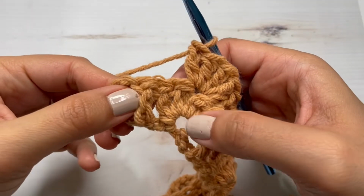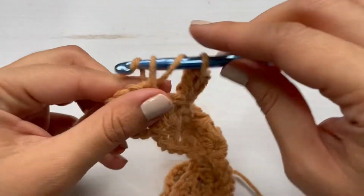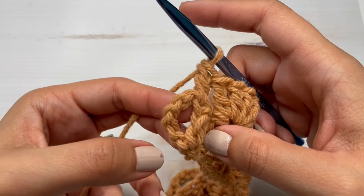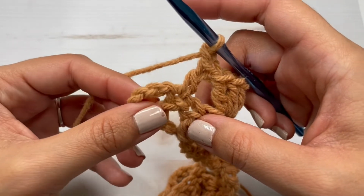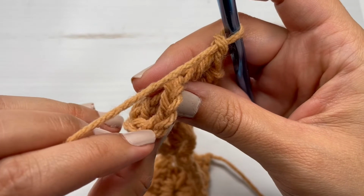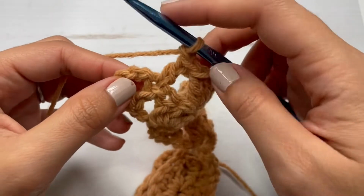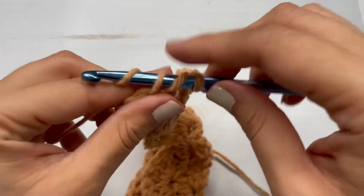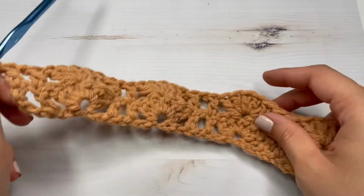Alright guys, so here I made the last shell stitch of my row, and I'm going to go straight to that double crochet and make a double crochet on top, and then you see this starting chain. I'm going to chain 1, and then I'm going to make my last double crochet on the third chain right there, because remember that counted as a double crochet and chain 1 space. So I'm going to insert my hook and make a double crochet in that third chain. Okay, and that's how we close the second row,